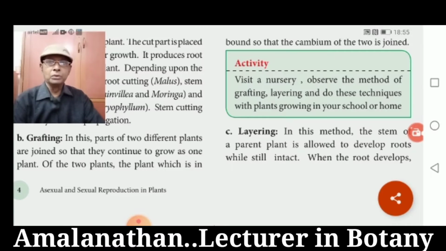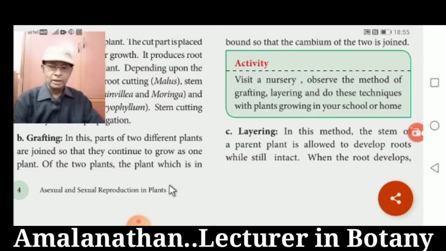This method can be used only in eustelic condition with the cambium between xylem and phloem of the vascular bundles. What is eustelic condition? When the vascular bundles are arranged in the form of a regular ring just around the pith, as in the case of most of the dicot plants, that is called eustelic condition. This method of grafting can be followed in citrus, mango plant and apple plant.